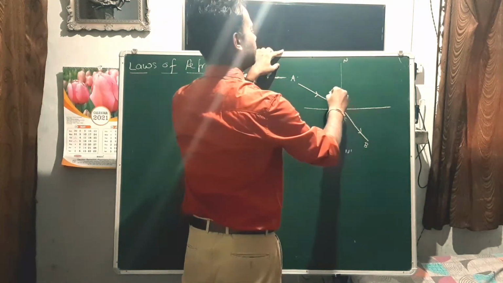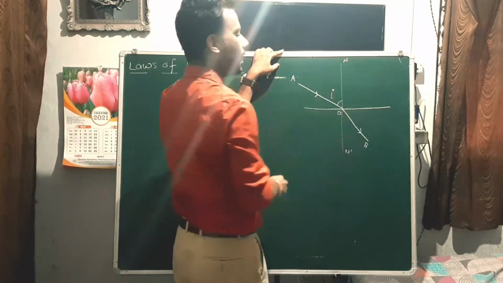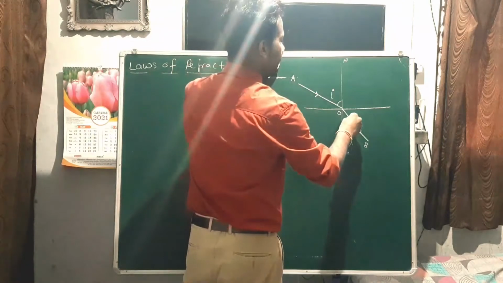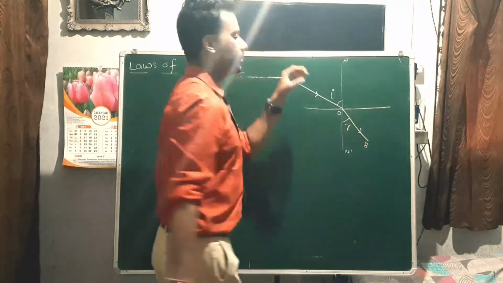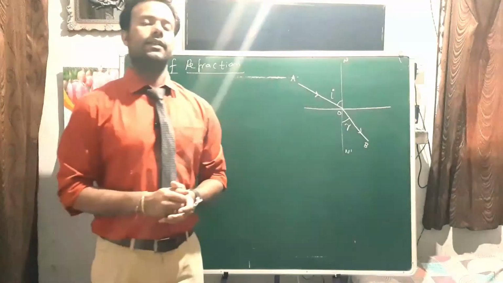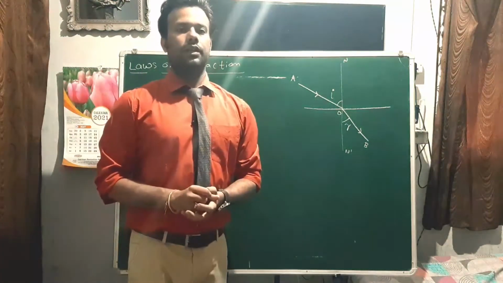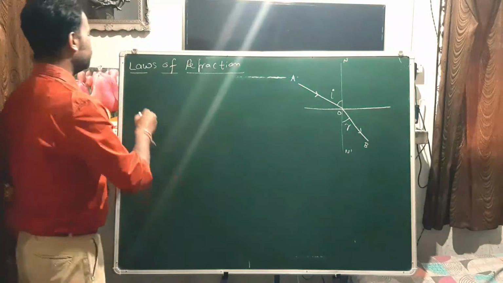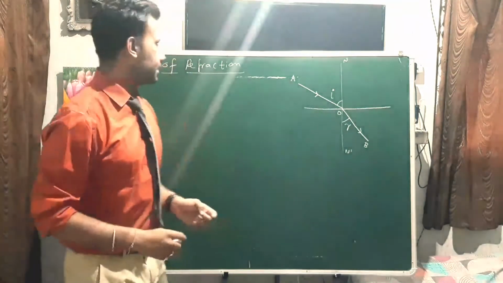The angle between the normal and the incident ray is called the angle of incidence, and this is the angle of refraction, that is, the angle between the normal and the refracted ray. There are two laws of refraction. What is the first law? The first law says that